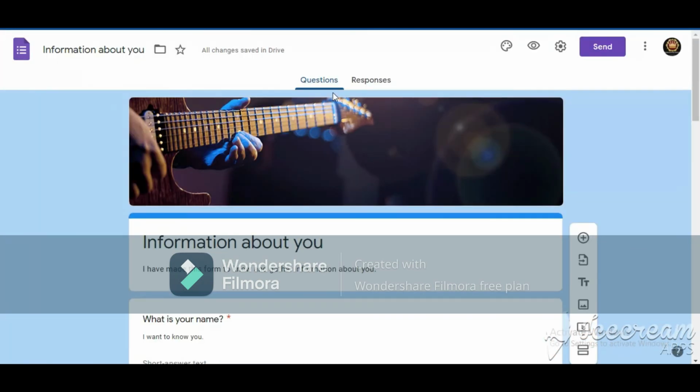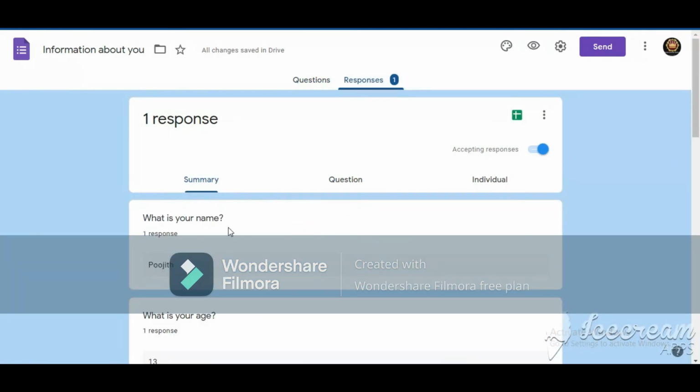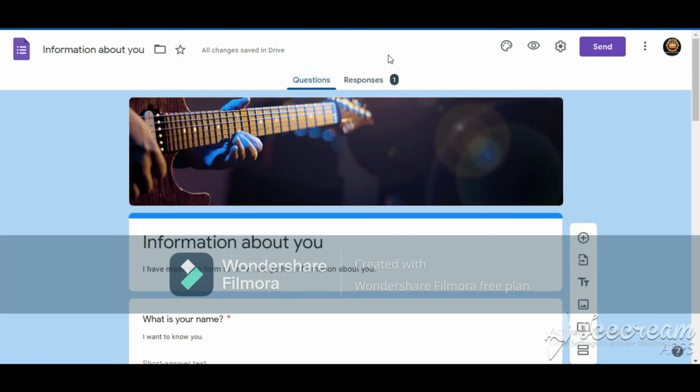So now I have completed attending that form and I have clicked on the submit option. So now if I want to know what was my response, then by clicking on the responses tab over here, you can get the answers that I have written over here. And now, as I have completed my response, now I am going to send this to one of my known persons.